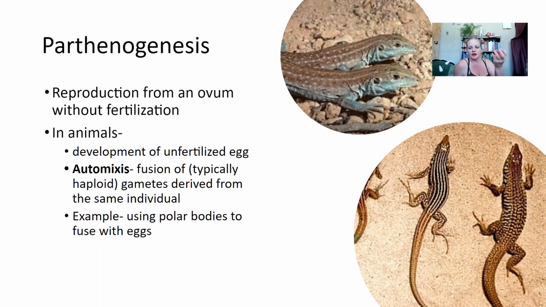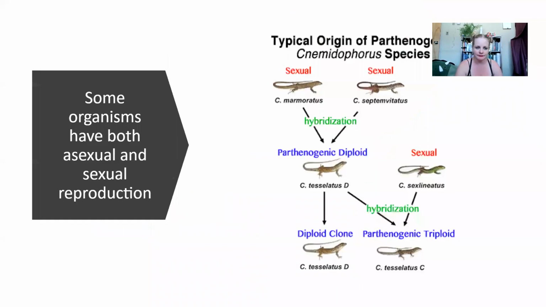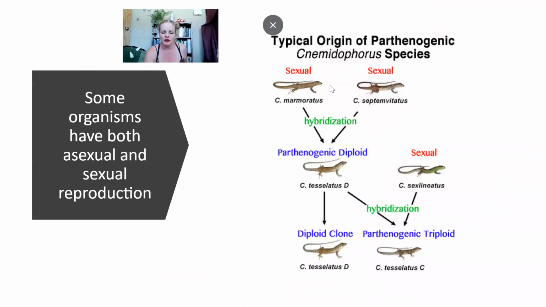And so the eggs are fusing to form a new diploid, and that's going to undergo mitosis and develop just like a normal thing, but it's a clone, right? You might have a little bit of genetic variability from crossing over, but not as much as you would from proper sex. All right, so let's talk about these cool little lizards that do this weird thing. My goal is to be able to properly pronounce and remember this genus name, because these guys are super cool.